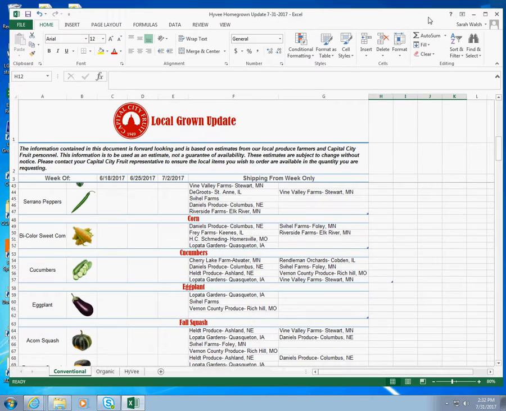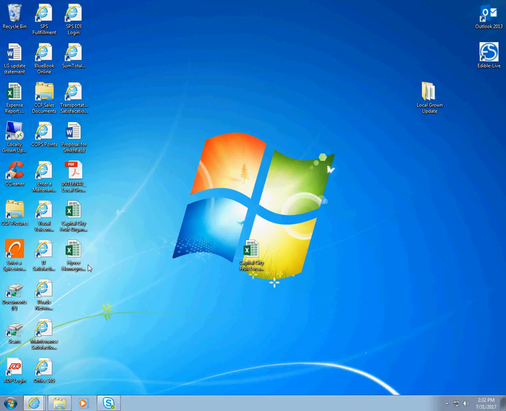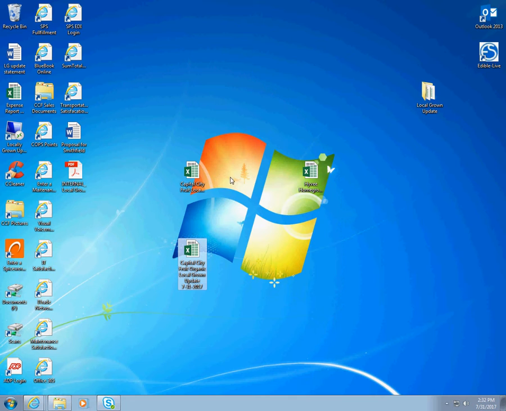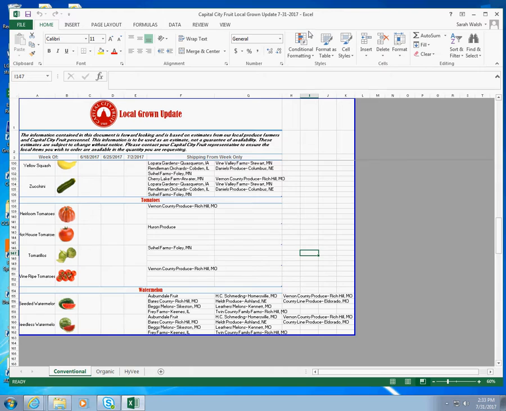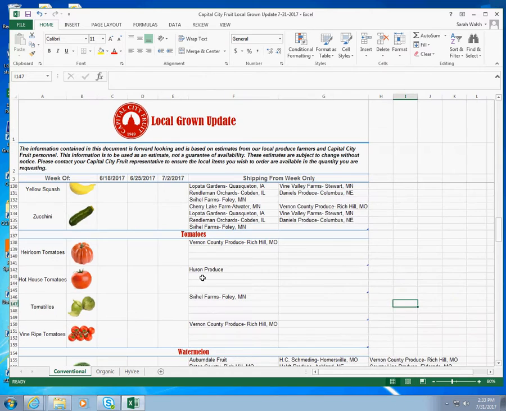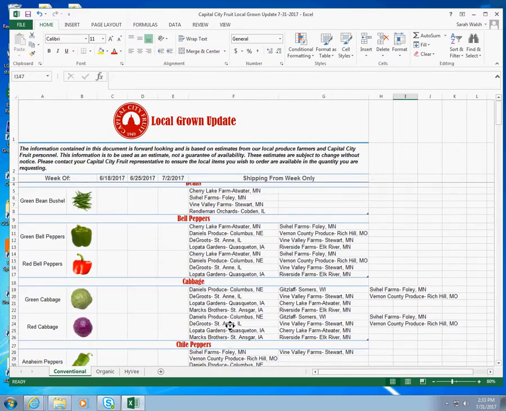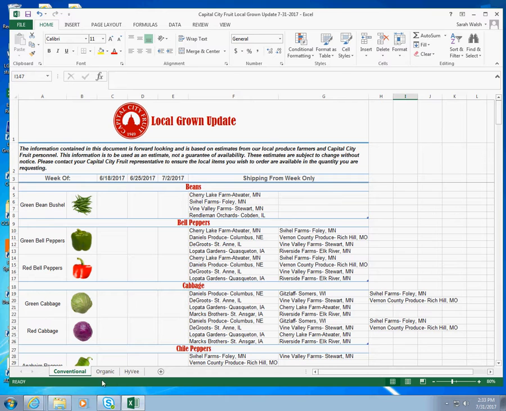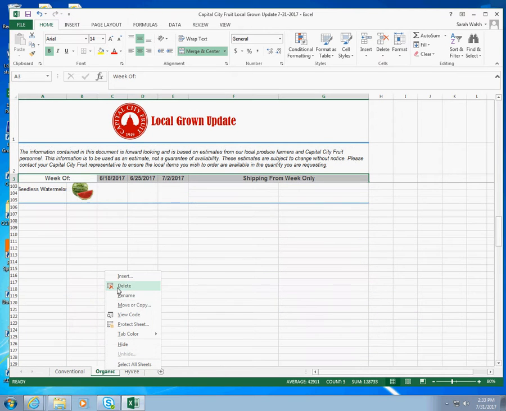So I'm going to go ahead and close out of this, and we should see, I like to line these up to keep everything in order. So we have Capital City Fruit local grown update, Capital City Fruit organic local grown update, and Hy-Vee homegrown update. What I'm going to do first is this Capital City Fruit local grown update. You should have already entered in all the information. So now I'm just going to go through,